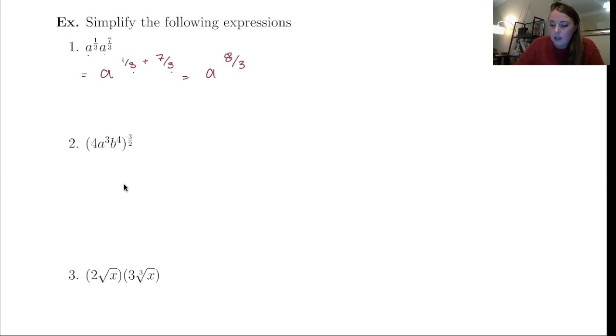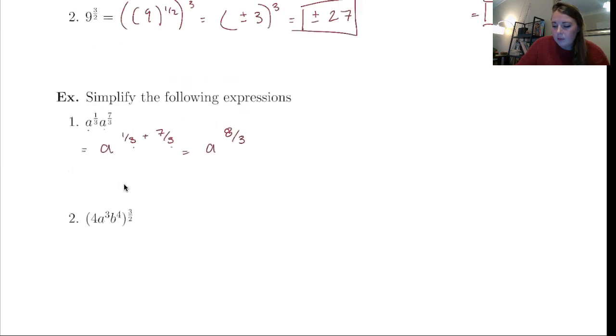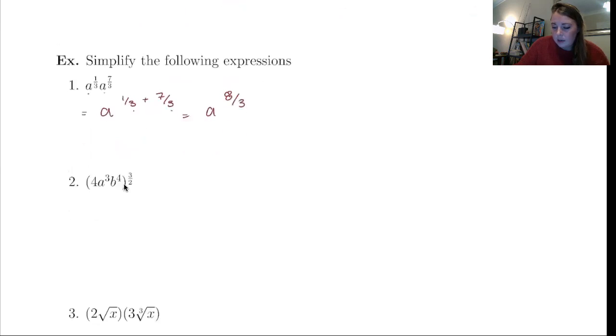And I would rather see an improper fraction like this than a mixed number. An improper fraction is when the numerator is bigger than the denominator. So it's like writing 8/3